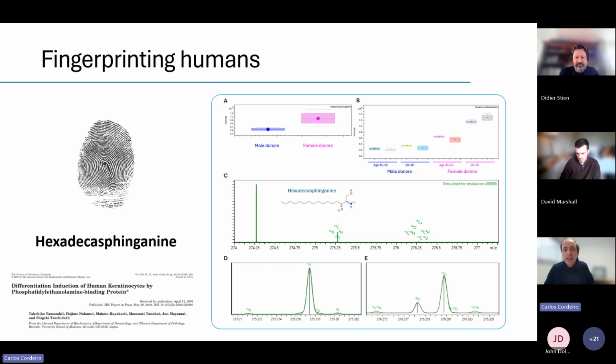And the main reason is because at this scale, we are dealing with lots of tens of thousands of signals, and it would not be feasible to actually do MSMS of all of this in a realistic time frame by direct infusion. So basically, an analysis for one of these spectra can take between 5 to 15 minutes, depending on the resolution we want to achieve. So it can be very, very high throughput.